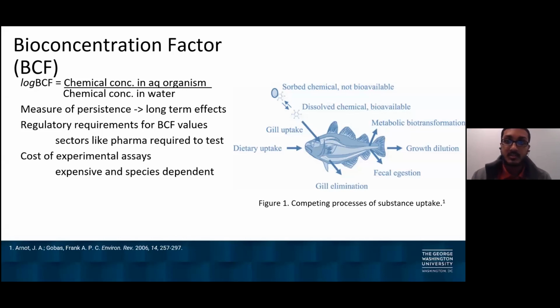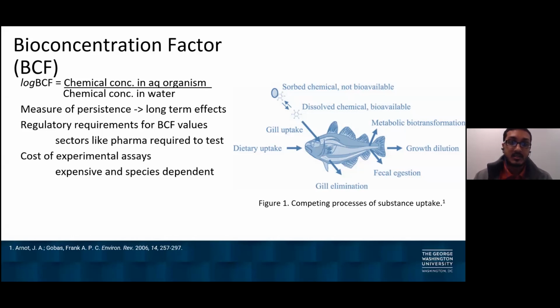Studying bioconcentration is important since it's closely related to bioaccumulation and biomagnification of a chemical through higher trophic levels. This often leads to undesirable adverse effects across species. The process of bioconcentration refers to the absorption and retention of a substance through dermal and respiratory surfaces, and this excludes contributions from dietary uptake. It's quantified using a bioconcentration factor, log BCF, which is defined as the ratio of the chemical concentration in the organism versus in the water at steady state.